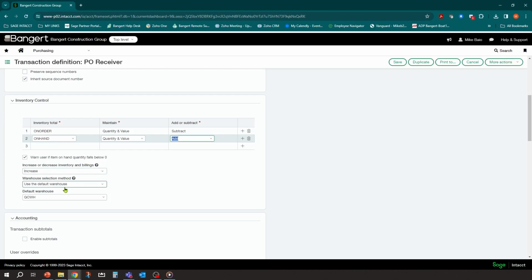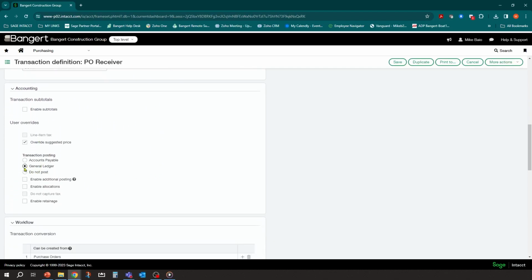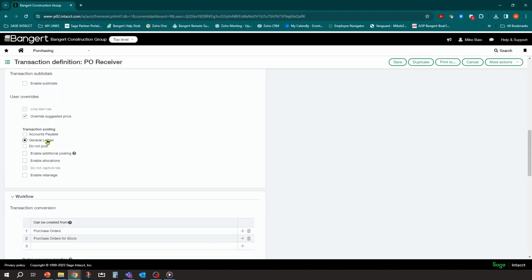So it's going to do two things on this function to our inventory values. Okay. And so the same settings apply here. Do you want to use default warehouse? Yeah, we want to use the default warehouse because that's what the PO said we're going to issue it for. So we're going to want to default warehouse that. We don't need the tax stuff set up. We do want to, again, post to general ledger. So now, and we'll get into that in a second.